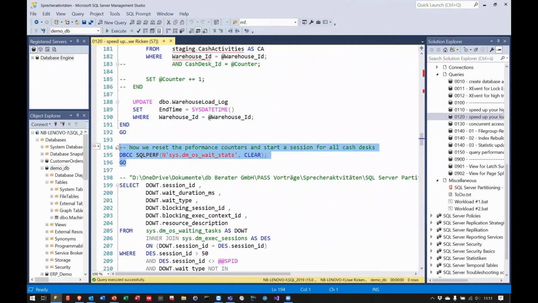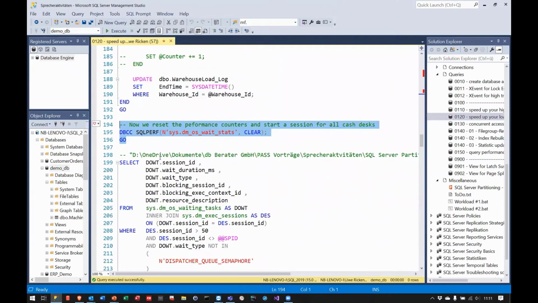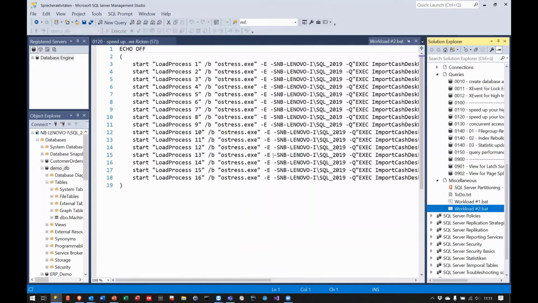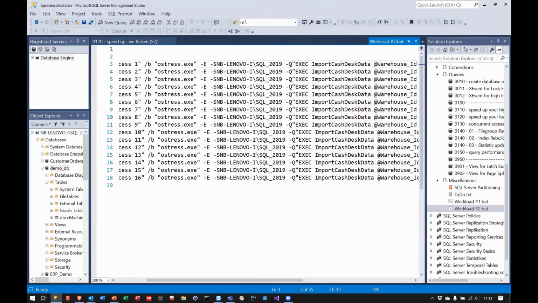And here I clear again my wait stats, and then I run this workload. This workload number 2, which is the batch here. Let me show you what it does. It's exactly the same. I start my OSTRESS on my machine. I'm running this import cache data. And then